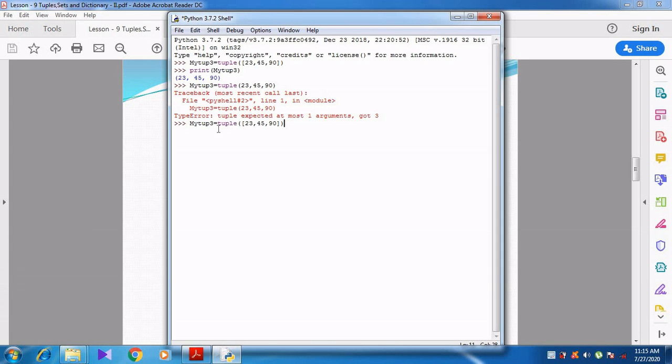So if I give within square brackets, for example 1, 23, 45, 90, 6. Now within square brackets I have given these values. Now it does not show any error. Now if I print